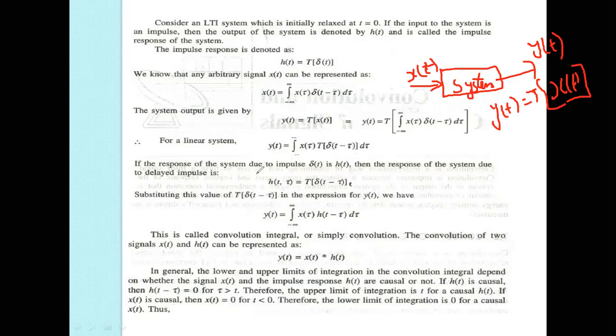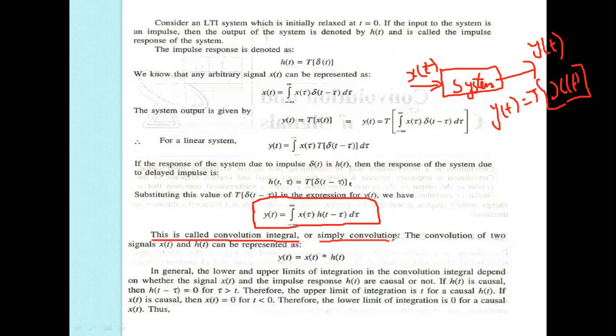Okay, my dear students, if the response of the system due to the impulse signal delta of t is h of t, then the response of the system due to the delayed impulse is h of t comma tau, that is T of delta of t minus tau. You can replace that T of delta of t minus tau with h of t minus tau. So finally, the convolution equation is derived as y of t is equal to the integral from minus infinity to infinity of x of tau h of t minus tau d tau. This is called the convolution integral